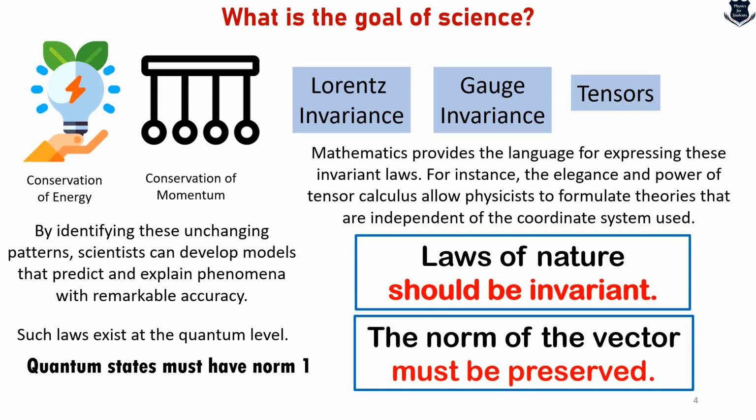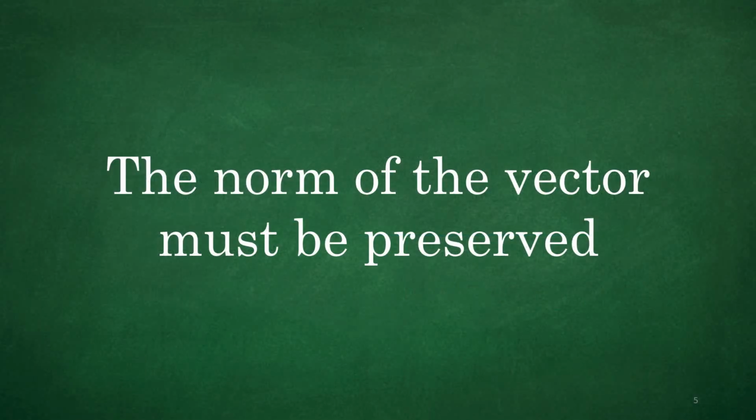So till now what we have understood is, what is the goal of science? To measure things even when there are certain changes, so that the physical things remain unchanged. Mathematics and the entire modeling aims to measure those changes, and it calls them invariant laws. And in the quantum world also there is something called that the norm of the vector must be preserved. Although we know it, I would like to show you what amount of profound influence it carries in the quantum world when we say that the norm of the vector must be preserved.